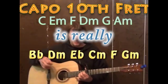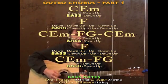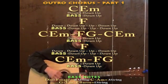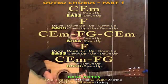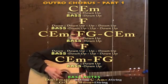But then we can go into that outro chorus where we got the C, E minor, low E bass, F for the bass, down, up, down, C with an A bass, down, E minor, low E bass, down, F for the bass, down, G with low E bass, down, C with an A bass, down, E minor, low E bass, down,